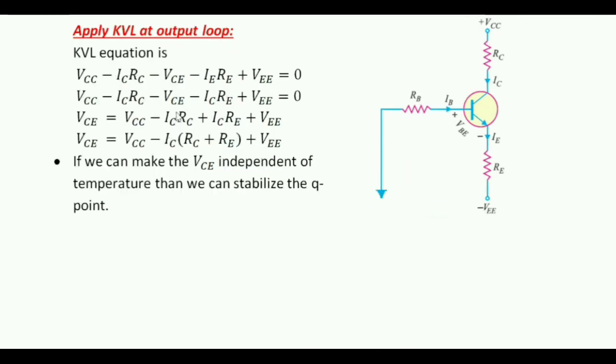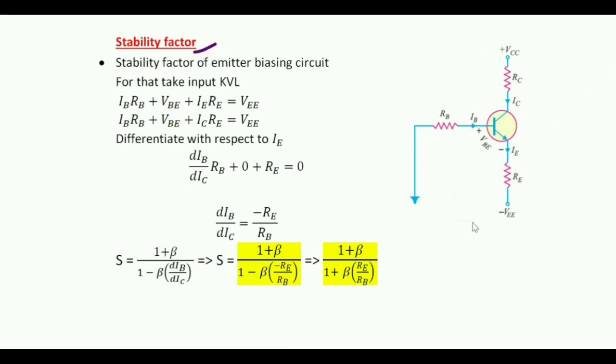In the x-axis we are having VCE, in the y-axis we are having IC, and we have stabilized that. That is, if the IC increases then the voltage drop across RE increases, we have seen that, and this RE will decrease the forward biasing potential at the base, and this will in turn reduce the IB, and this IB will decrease the static increase in IC. Through this also we can stabilize the Q point.